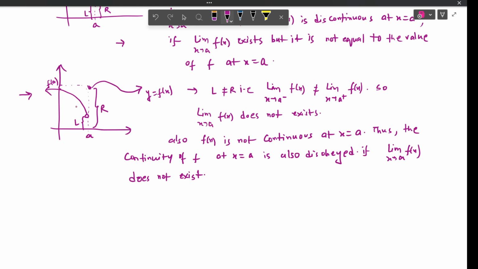And why is this happening? Because there is a jump, right? There is a jump in the function f(x) at x equals a,